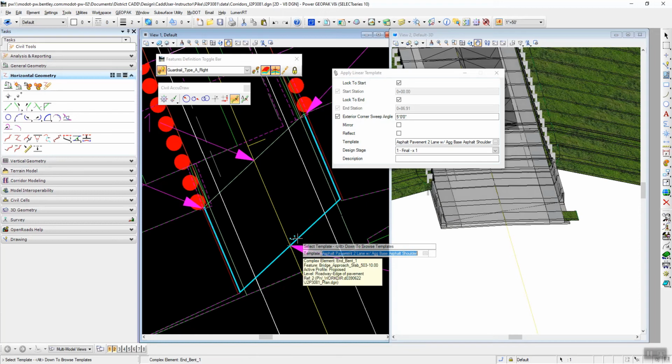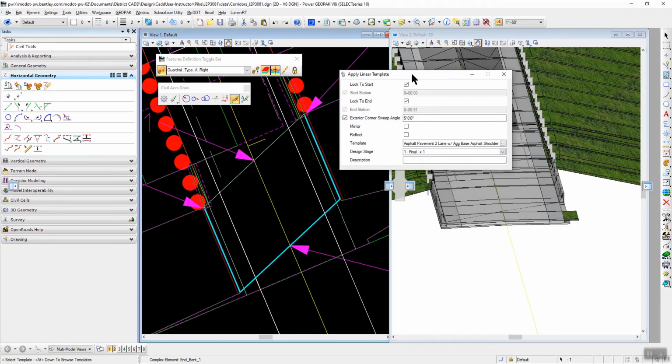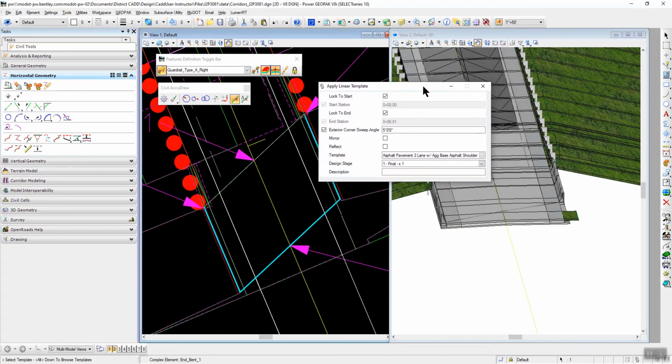We don't want to mirror this. We don't want to reflect it. And the template that we want is going to be our bridge template. It's the 2-to-1 earth slopes with upper concrete structure. So we're going to go out, and first, before we can do this, I've got to set my correct template